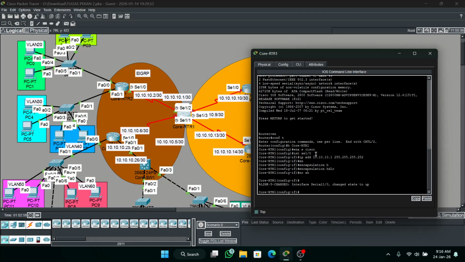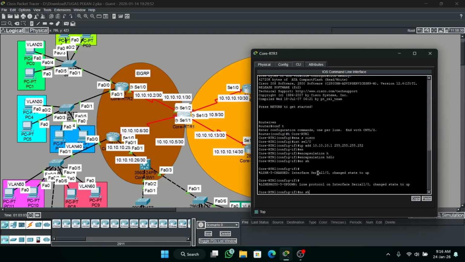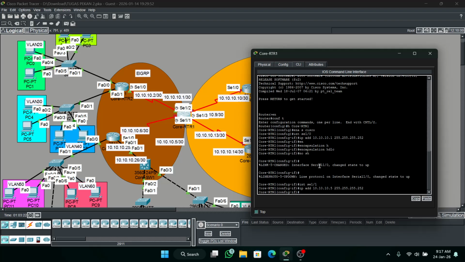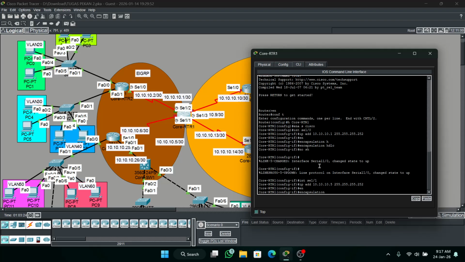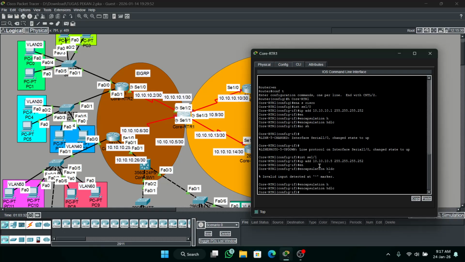Let's go to serial 1/1. Yeah, good. Serial 1/1, and here you can see the clock, so we will configure clock rate right here. IP address 10.10.10.5, 255.255.255.252. Encapsulation HDLC.